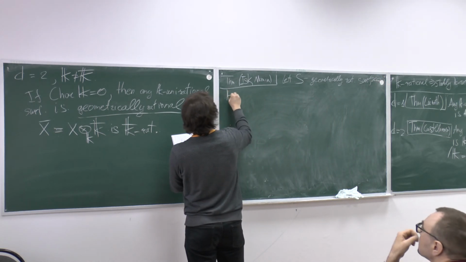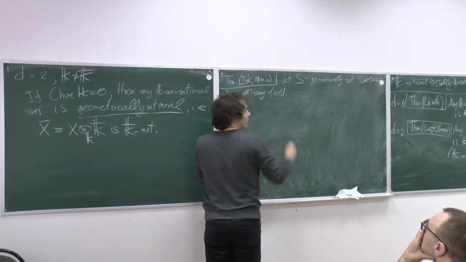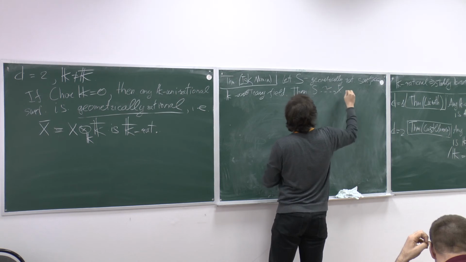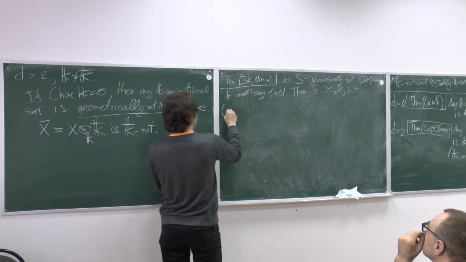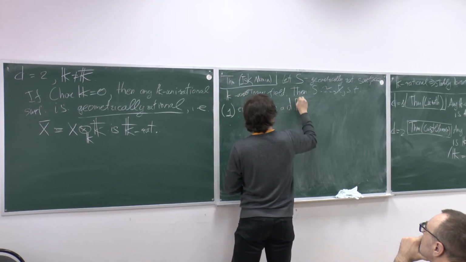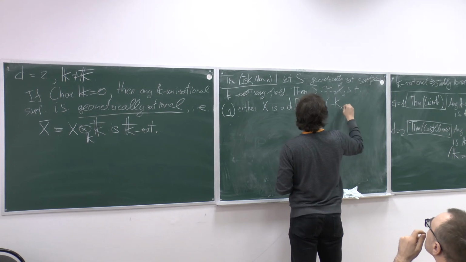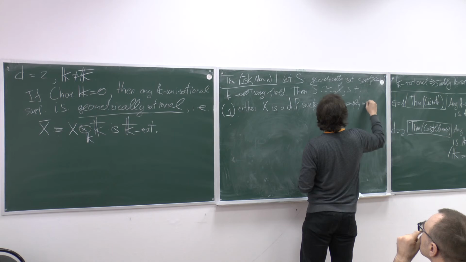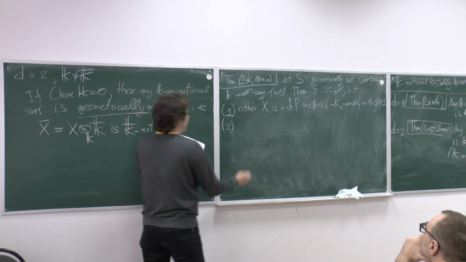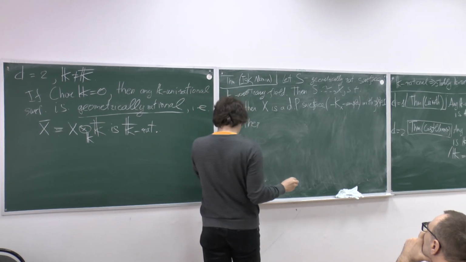Over the field K, K arbitrary field. Then X is birationally equivalent to a surface X such that one of the following possibilities holds. The first is either X is a del Pezzo surface, that means that its canonical class is ample, with invariant Picard number equal to 1. Invariant, just because of the Picard number invariant with respect to the action of Galois on the Picard lattice. Or the surface X admits a structure of conic bundle